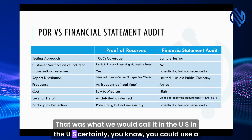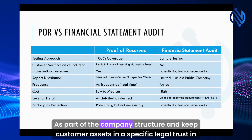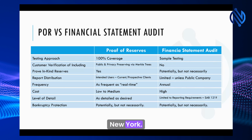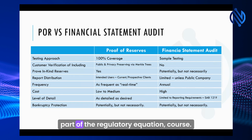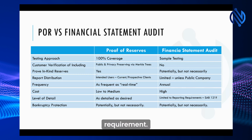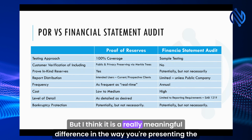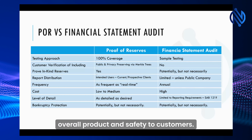In the US, certainly, you could use a trust company structure as part of the company structure and keep customer assets in a specific legal trust. In New York, I think that's part of the regulatory equation, of course. So exchanges based in New York, serving New York customers, have a little bit more of that requirement. But yeah, I think it's interesting. Obviously, that would be taking on costs and complexity for the organization. But I think it is a really meaningful difference in the way you're presenting the overall product and safety to